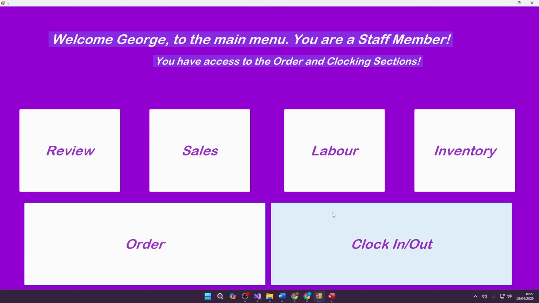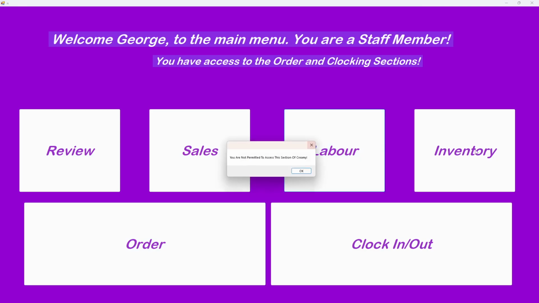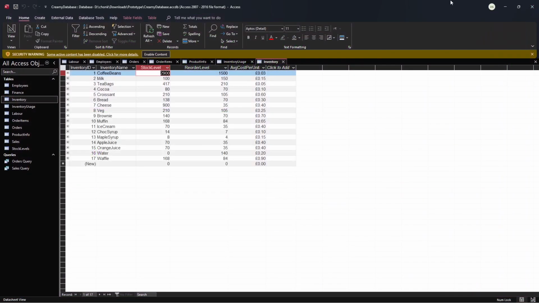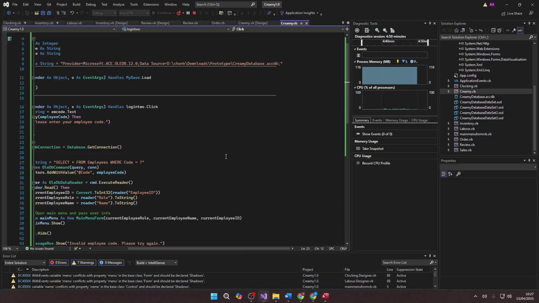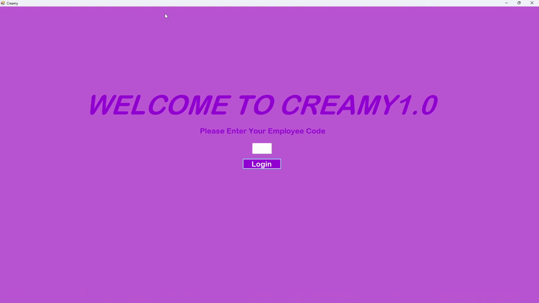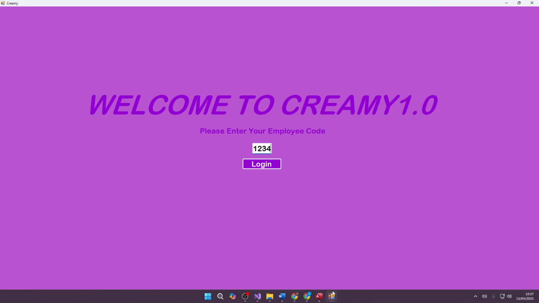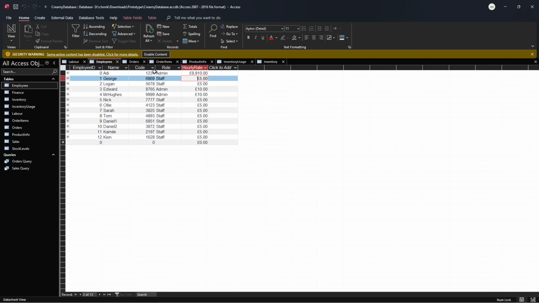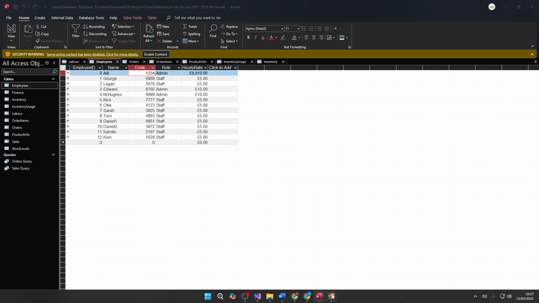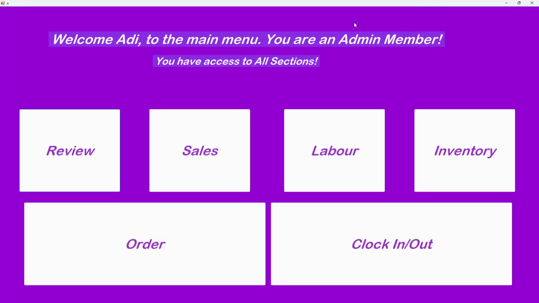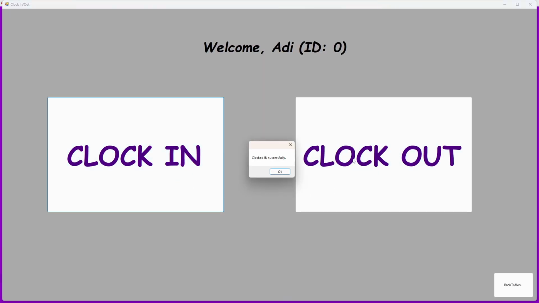Now if we go back to the program, we can see that we cannot access any of these, so what we'll do is we'll log out, restart the program with an admin code, as seen here. Log in, and it will show an admin role, access to all sections, and it shows the admin name as well with the welcome. So an admin can also clock in and out,